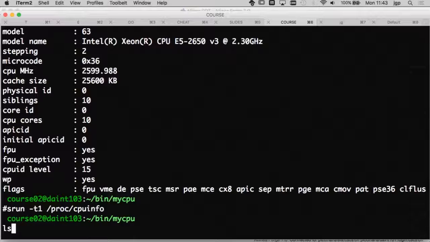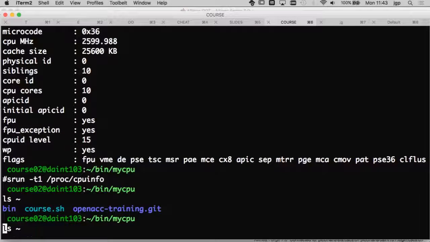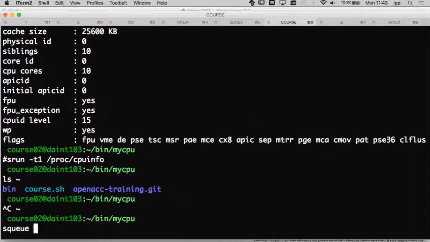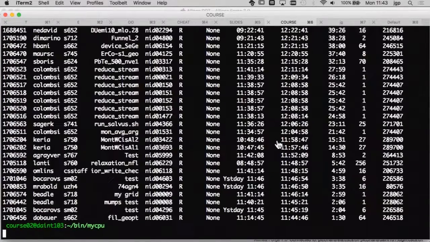But before I do that, because of the course, we reserved around 30 nodes for you, so you don't have to wait in the queue. If you look, there are many, many jobs running right now, and if every time you want to submit a job you have to wait 15 or 30 minutes or more, it's not very practical. So we have a reservation, and it's explained on the sheet. If you want to run a job, you have to give the name of the reservation as an argument and also the name of the account, so you are able to use the nodes.